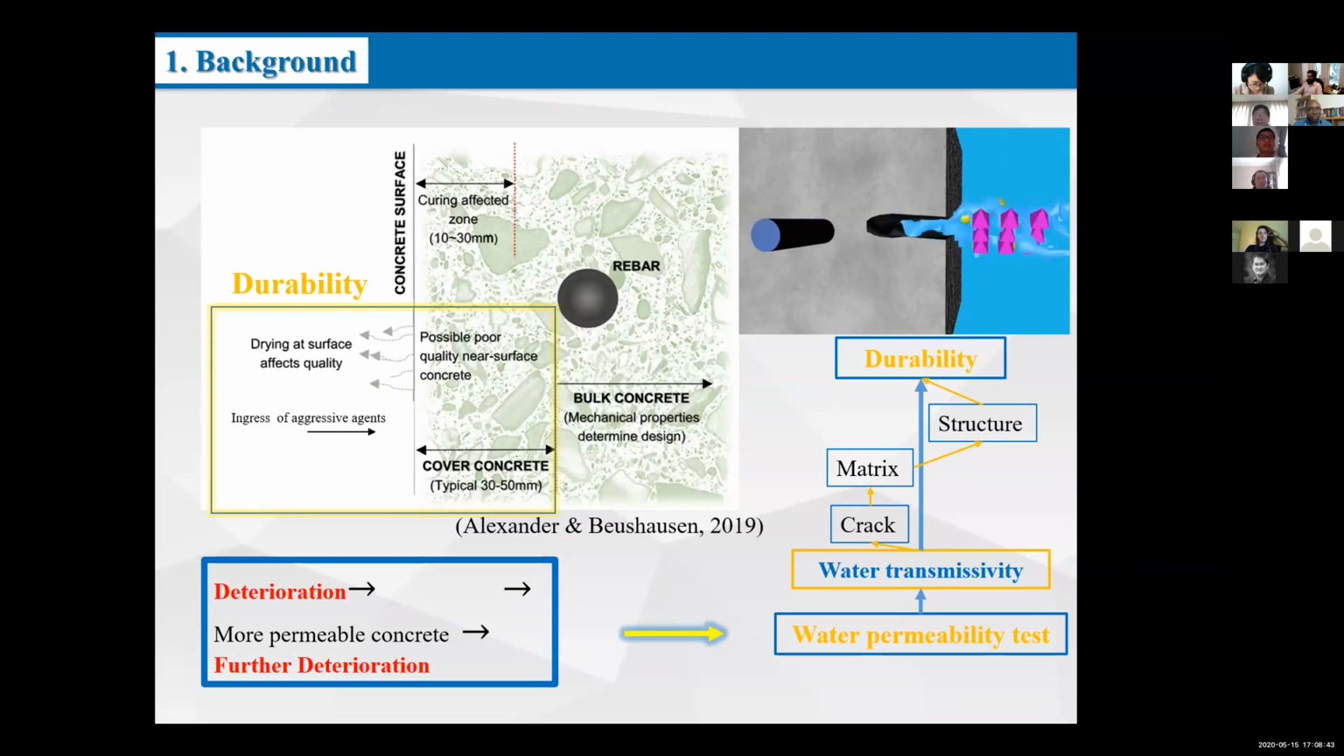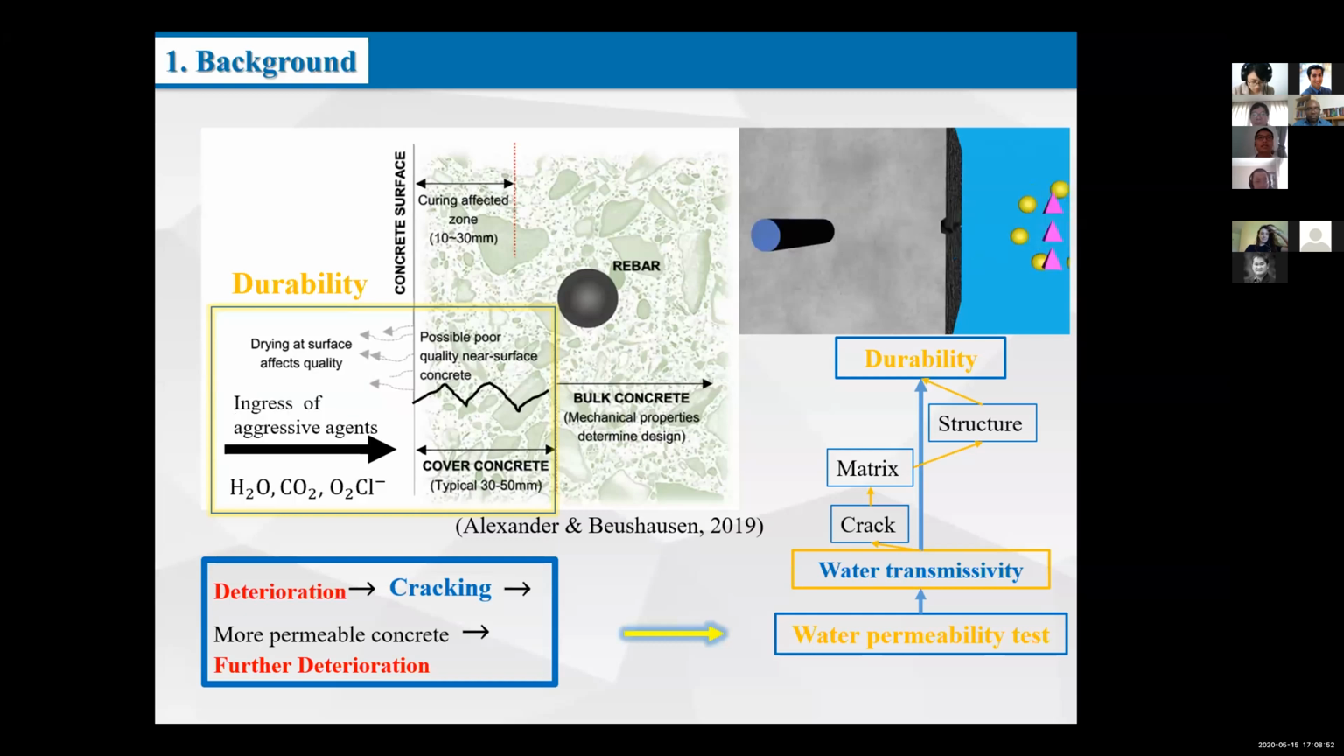carbon concrete. And then, well, there is a crack on the carbon concrete. There will be more aggressive agents, such as the water, carbon dioxide, and oxygen or chloride ions into the concrete from the crack, and then the durability and the mechanical performance will get further deterioration. Then the water permeability test is used to evaluate the durability of structure,